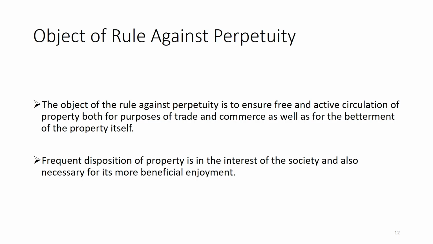That means property rights should not be in a single hand. There should not be accumulation of wealth in a single hand or in a group of people. Wealth or any kind of right should always be movable. That means from one person to another, and in that way wealth flows in the society. So this property law means that a person's property right should always go from one person to another. In that way it will serve the purpose.